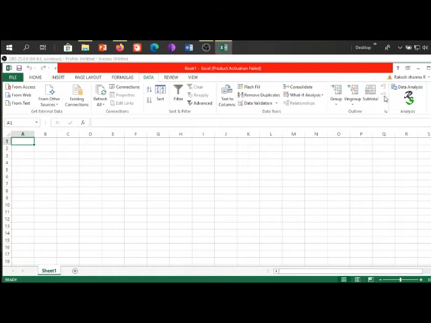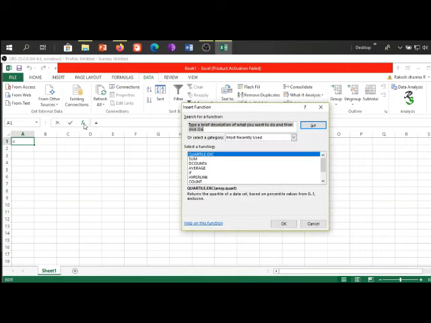Presently, I have already done the procedure and hence you will find the function in the Data tab. You can manually do calculations in the Excel sheet using the insert function, but it's a lengthy process.